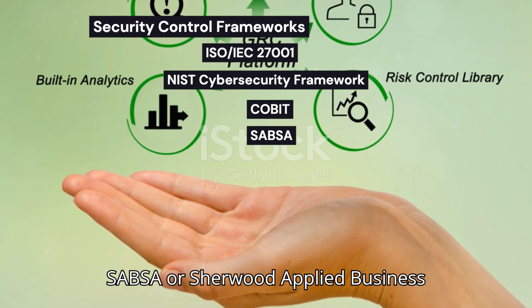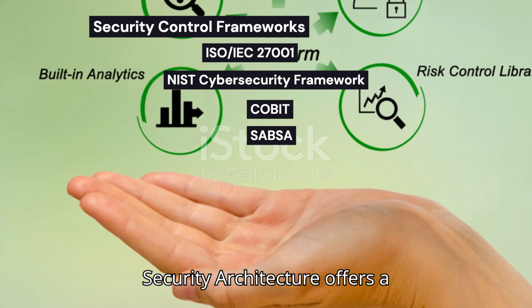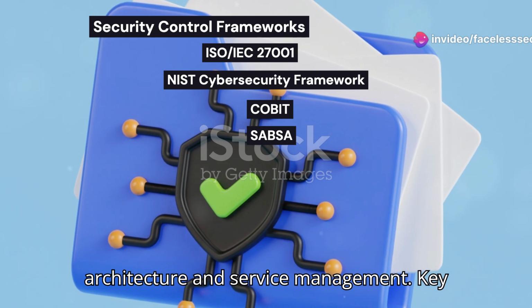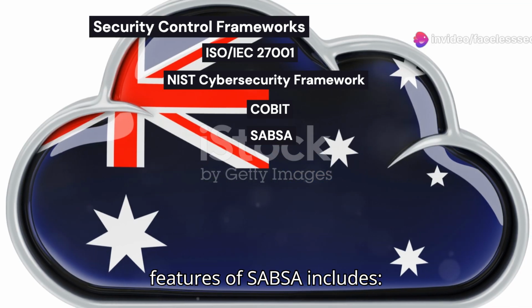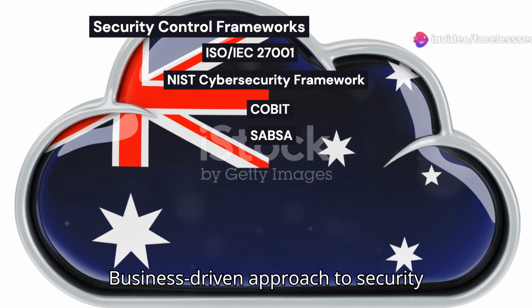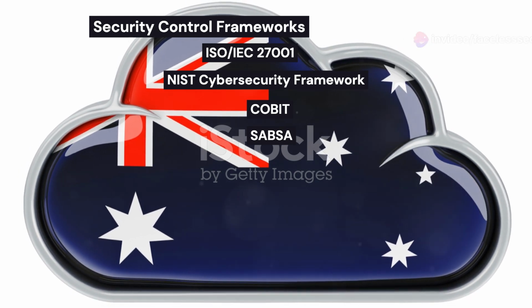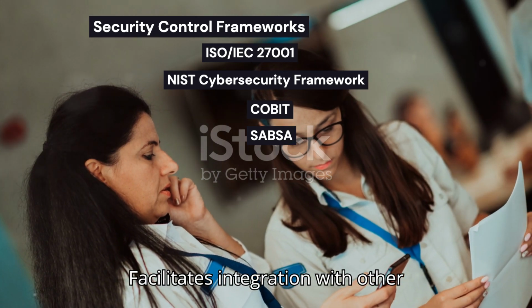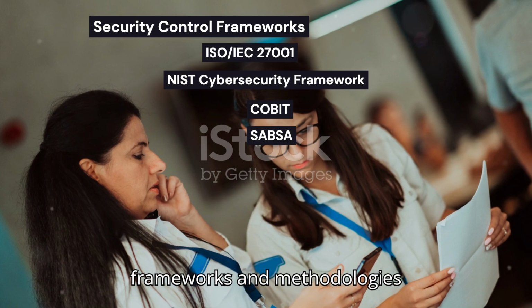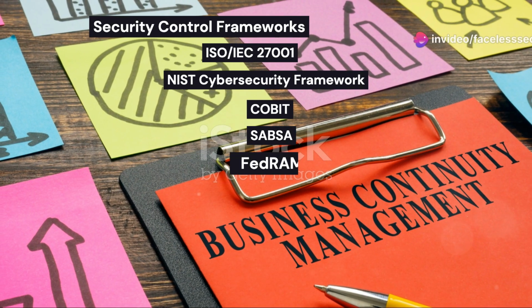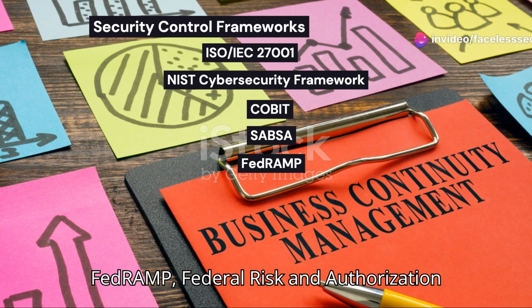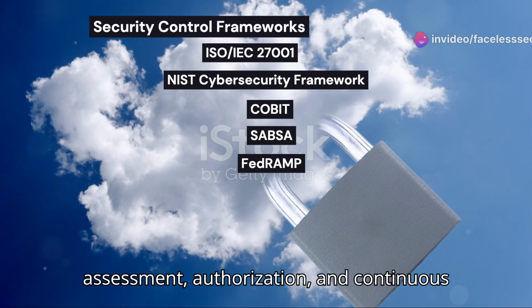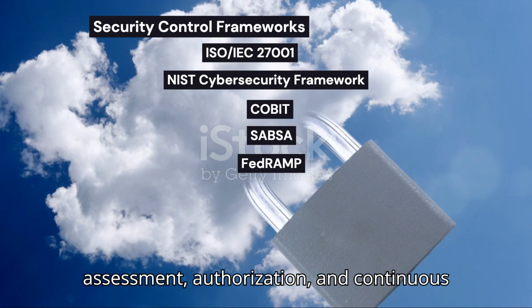SABSA, or Sherwood Applied Business Security Architecture, offers a business-driven approach to security architecture and service management. Key features of SABSA include: business-driven approach to security, supports risk management and compliance, facilitates integration with other frameworks and methodologies. FedRAMP, or Federal Risk and Authorization Management Program, provides a standardized approach to security assessment, authorization, and continuous monitoring